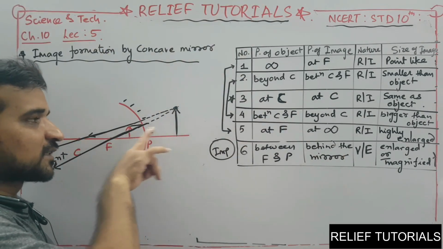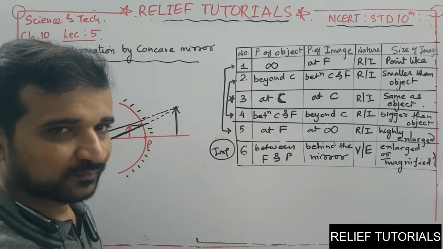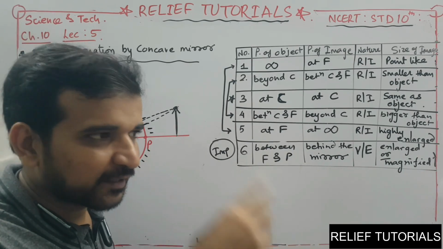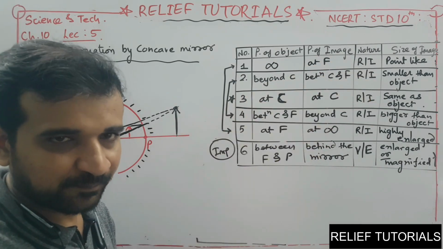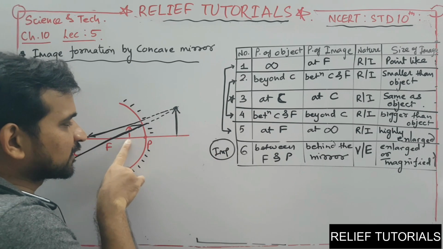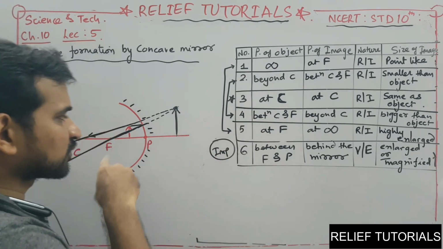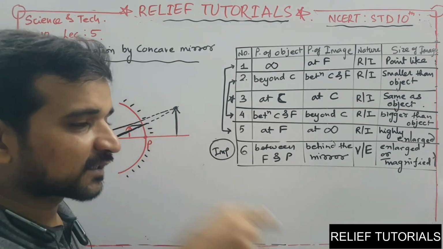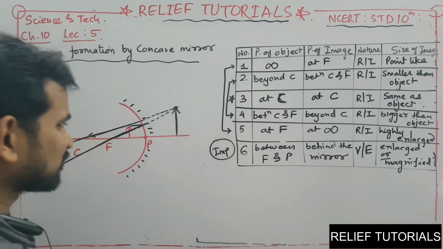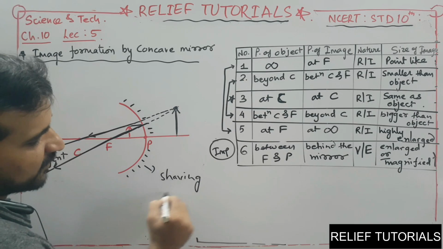And because this image is behind the mirror, I can see my image behind the mirror. Okay, but what will be the nature? In the plane mirror, daily we see our face and our body, it's of the same size. But here look at this. If I myself or you yourself is standing here, what will you observe about your image and what will I observe about my image? I will see myself highly enlarged. That is why this mirror is used in shaving mirrors.